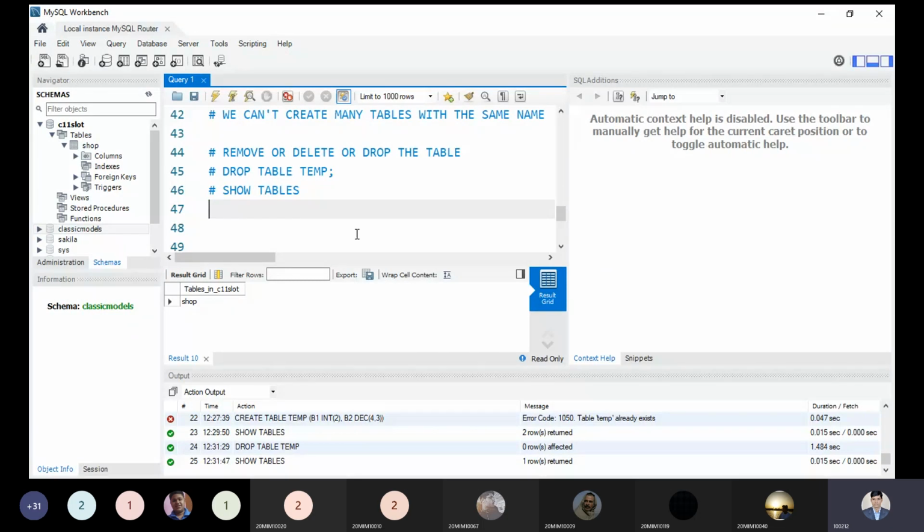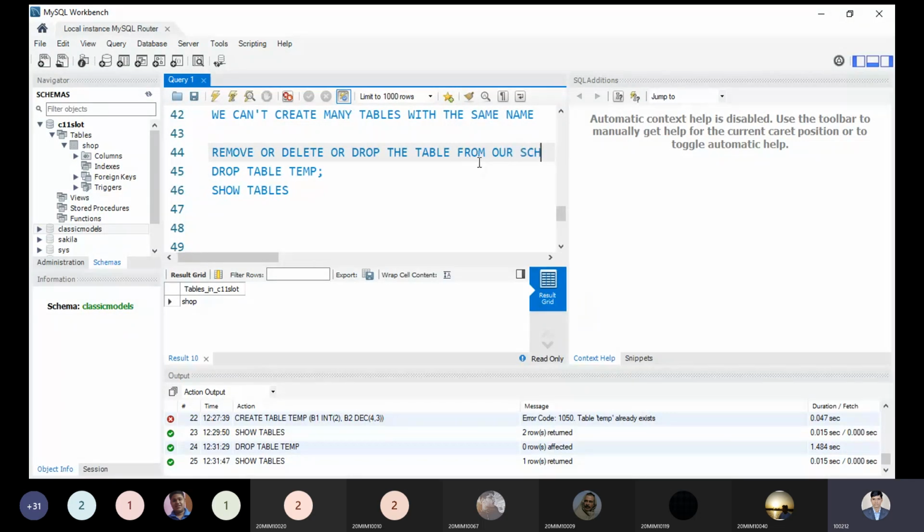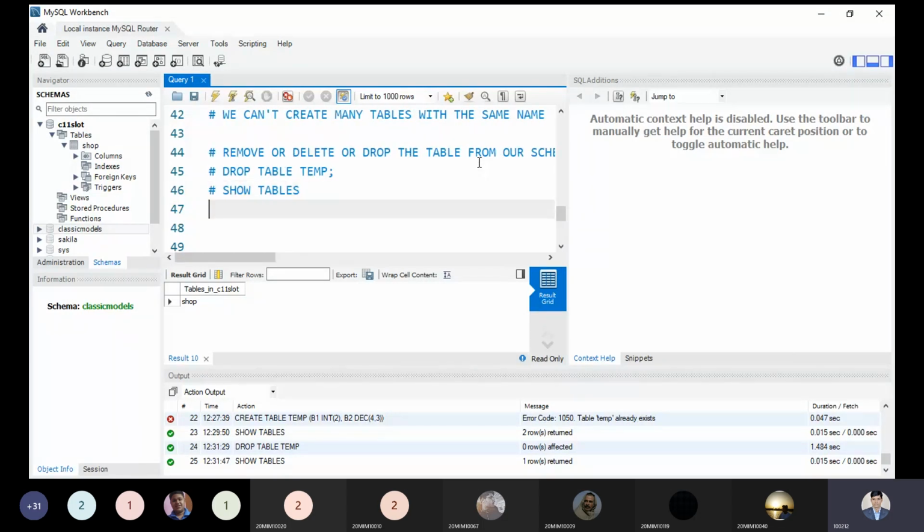We are deleting, or dropping, the table from our schema. Removing means we are dropping, we are deleting. We are not renaming. Rename is totally different, so do not get confused with rename. That is the point you have to keep.